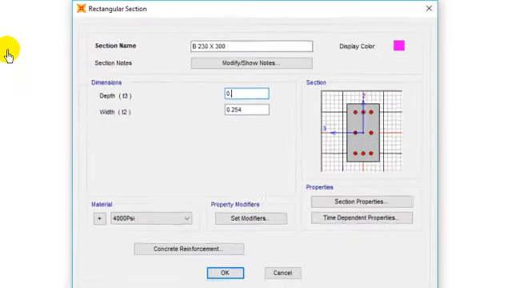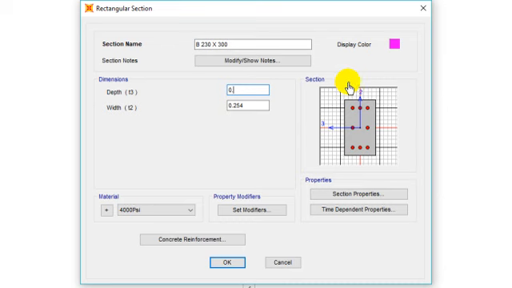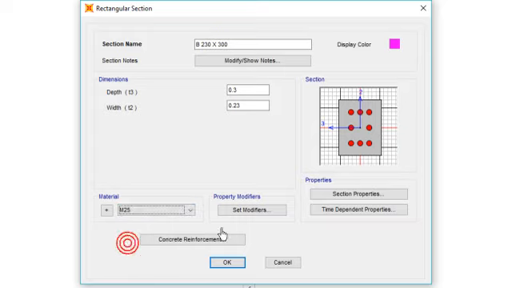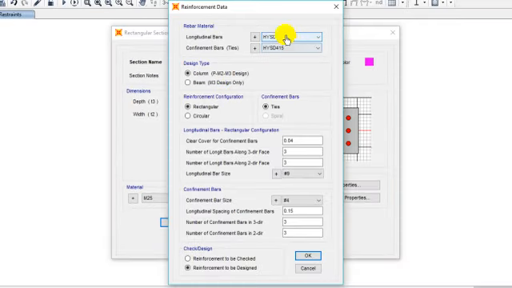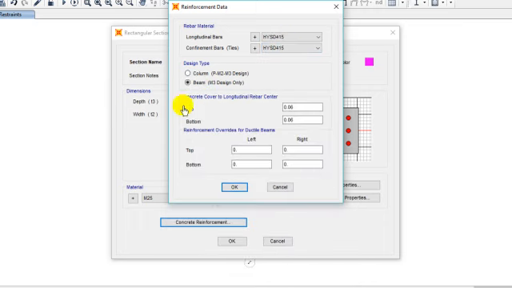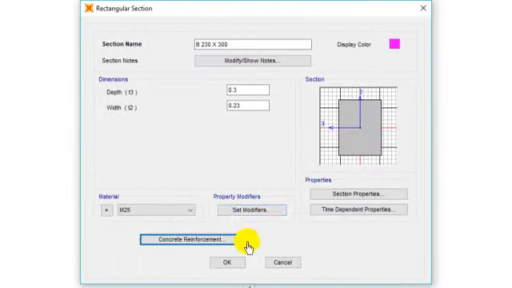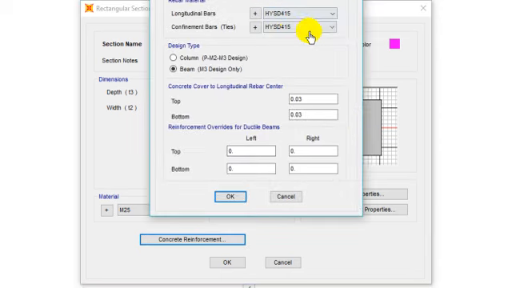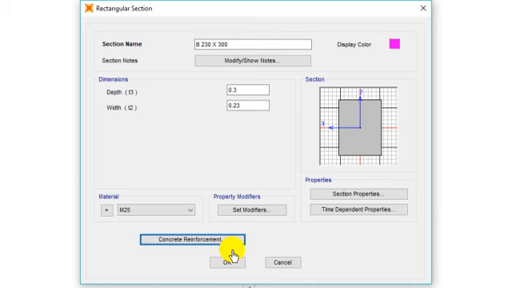and since the unit is in meter, you see here the unit is in meter, it is 0.3 and 0.23. Here you can change to M25 and go to concrete reinforcement. The rebar material is Fe415, and the column type here it is beam. Change the cover to 30 mm, so it is 0.03. Click OK. No need to worry about the reinforcement details, which are not available when you change the types of reinforcements. During the design you will get the reinforcement details. After designing the members, you will get the details here. So no need to worry about it.